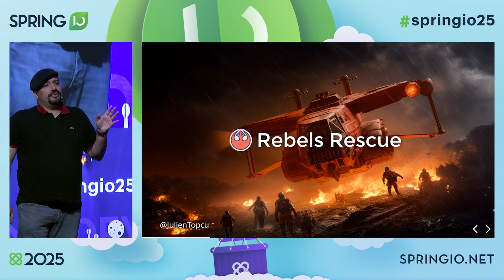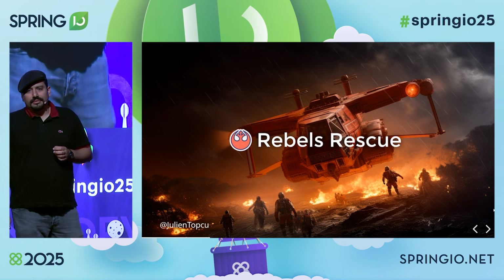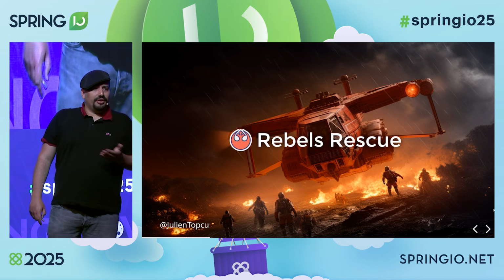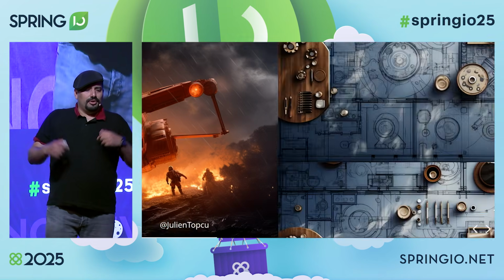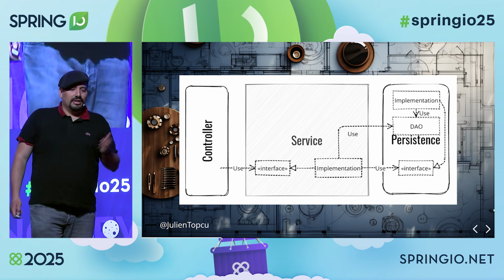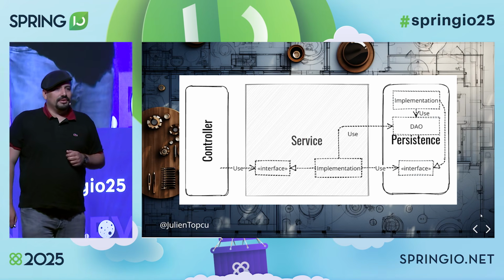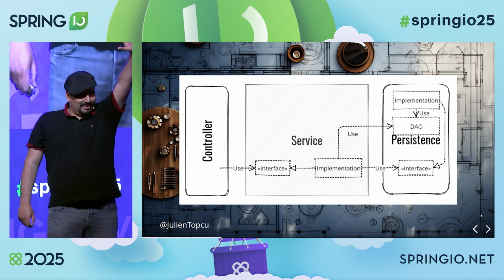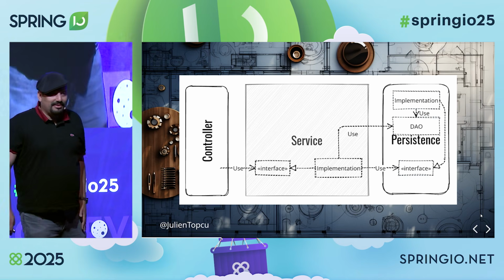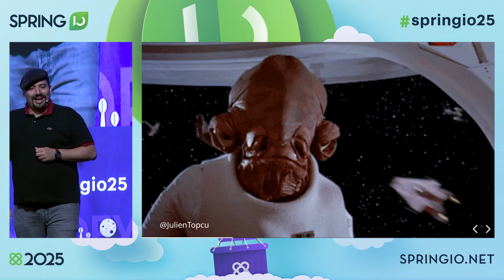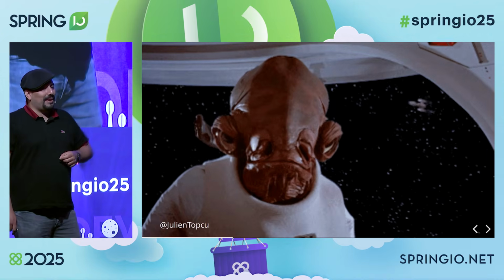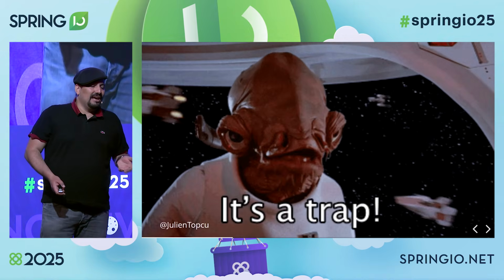So we don't have time to lose, and we need to choose right now the architecture for this new product. And I'm suggesting to apply this classic layered architecture with a controller layer, depending on a service layer, depending on a persistence layer. Who agrees with that? Yeah, some people here didn't take a look at the title of the talk. That was a trap, just to see if any Empire spies were hiding among our ranks.